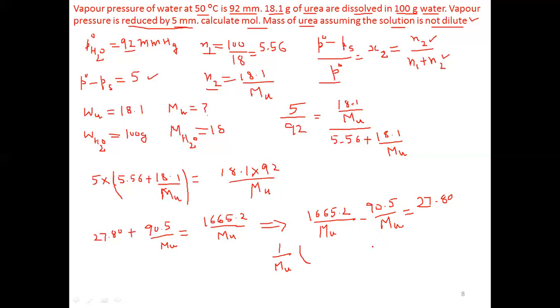So 12 minus 5 is 7, 4 minus 0 is 4, 16 minus 9 is 7. So here we have 1574.7. This value inside is equal to 27.80. Now we have to calculate Mu. If we take Mu to the right hand side and this comes here in the denominator, it becomes